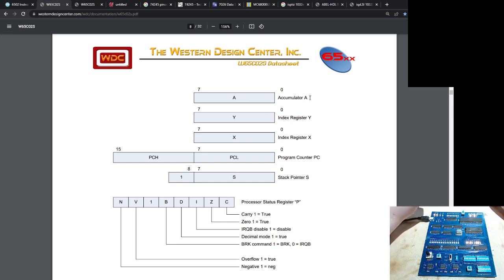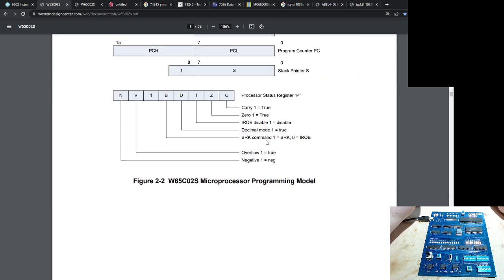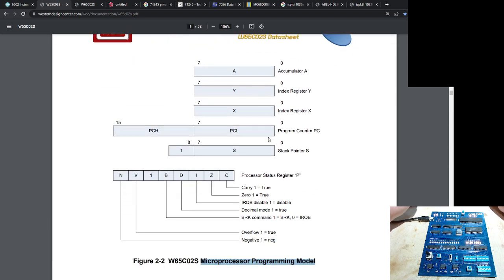So you can already see there's this thing called accumulator A in here. And what this is showing us is the microprocessor programming model. You will generally see something like this in a datasheet for any kind of CPU under a similar name and with a similar kind of diagram. And what this is showing you is all of the registers inside of the machine. And a register, I keep using the word register for this thing, and that's more or less just what it means, is a single, I'm going to call it a word-wide location somewhere in the CPU, that's not over here in the RAM chip, it is not external to the chip, it's inside the CPU,